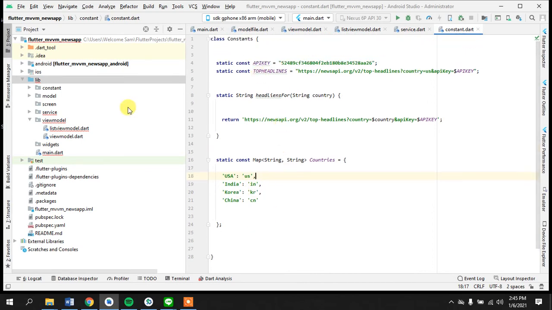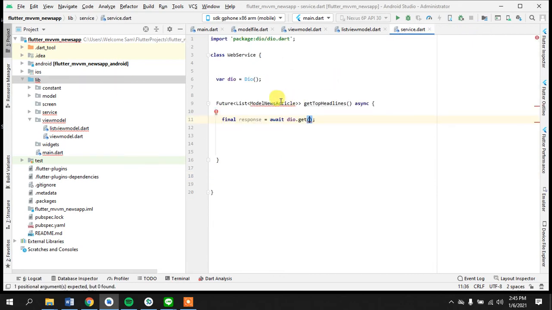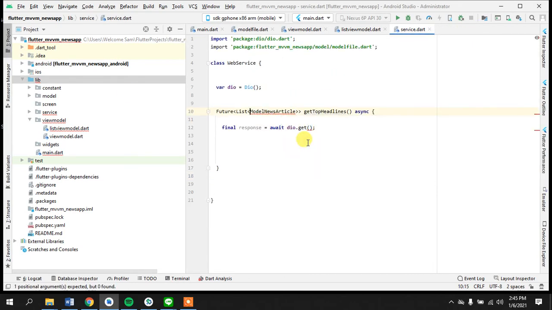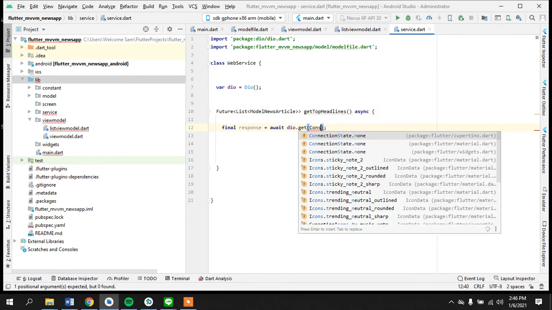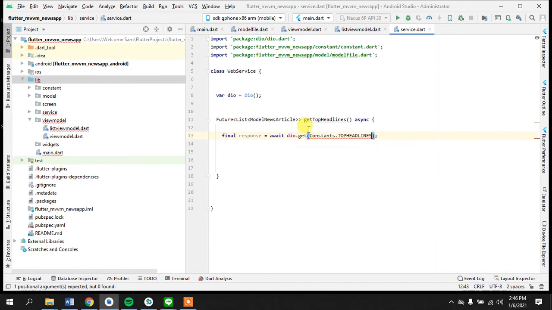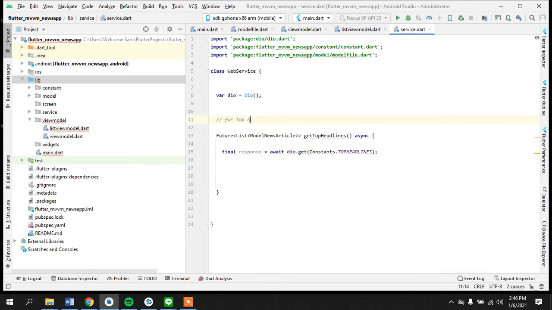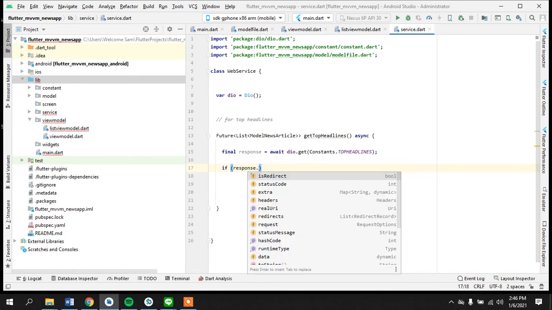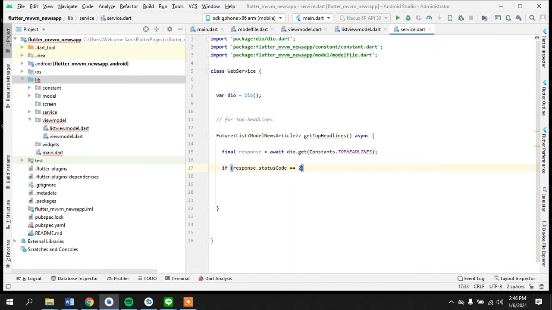Okay, so we are done in our constant class, and I'll just close this. And I'll just go back to our service and I will import our model here, and we can pass constant top headline, and I can name this top headline. And now it is going to be very simple. If response status code is 200, so